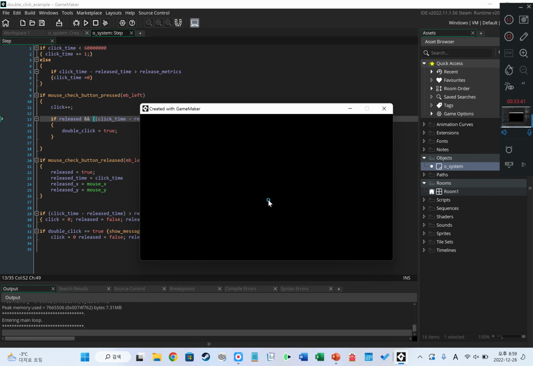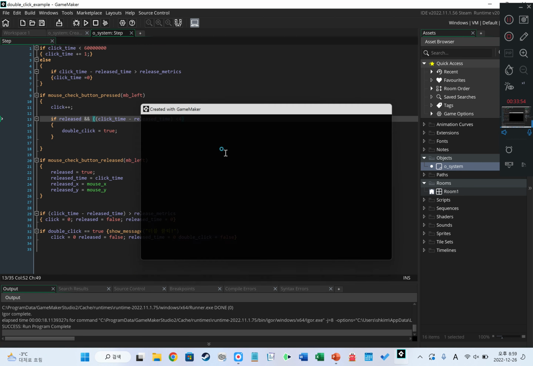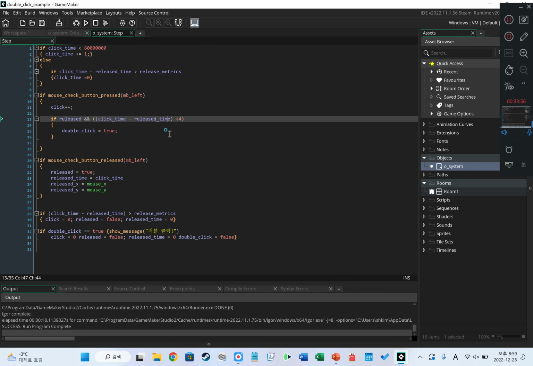No way. That's right. This is basically the basic principle of double click using time seconds, because you have to be very, very accurate to double click in this case. And since this is too short, I will set it to 7 seconds and we want to be very accurate,